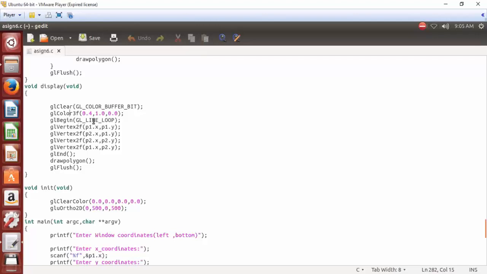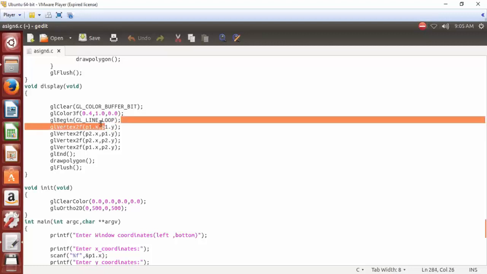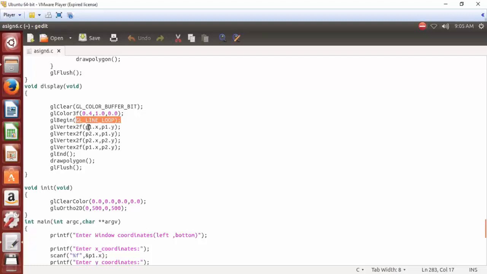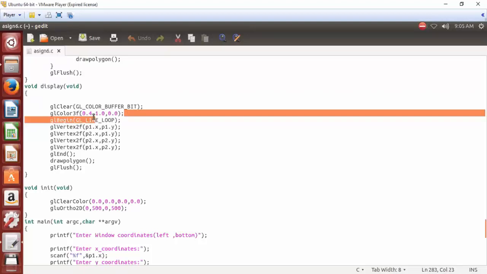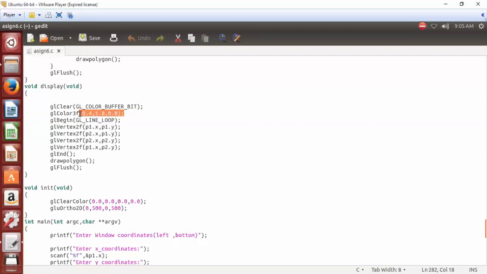Instead of calling any line algorithm or inbuilt polygon clipping algorithm, here we are going to call a basic graphics primitive, that is GL_LINE_LOOP. That will draw a complete connected line loop from these points, which is going to be drawn with the color initialized here, glColor3f. R value we are going to set as 0.4, G value is complete 1.0 and B is 0.0. So the green value is more, that is 1.0.